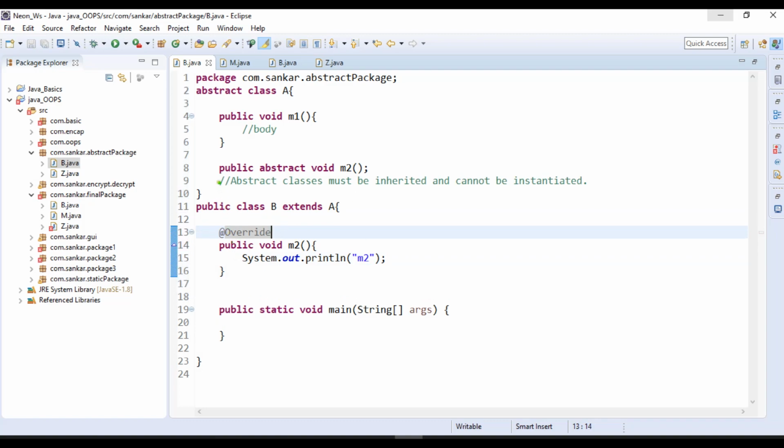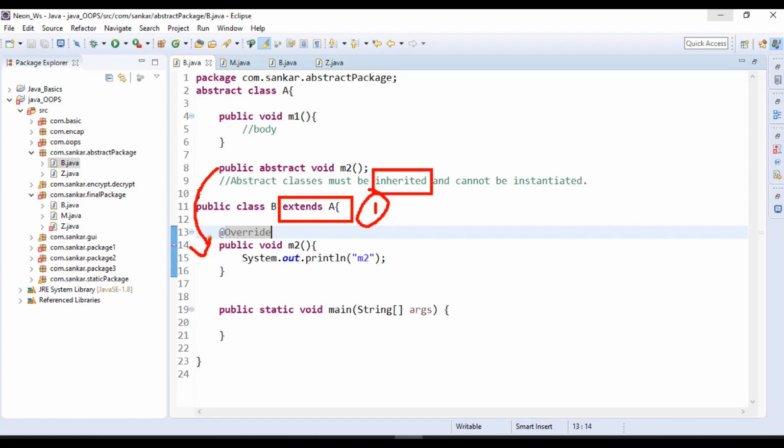So let me conclude what I did. First step, we need to inherit. We need to do this because an abstract class must be inherited in subclasses. Then only we can use those methods. Okay. So the first step, inheritance, we already did. The next step is, if you inherit, you must override the abstract methods, okay? For example, if A class contains three abstract methods, you must override those three abstract methods in the child class. If you fail to do that, then the child class must also be an abstract class, okay?